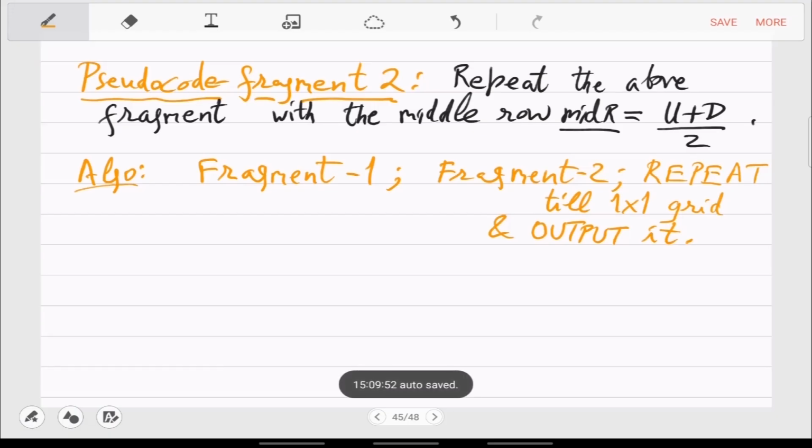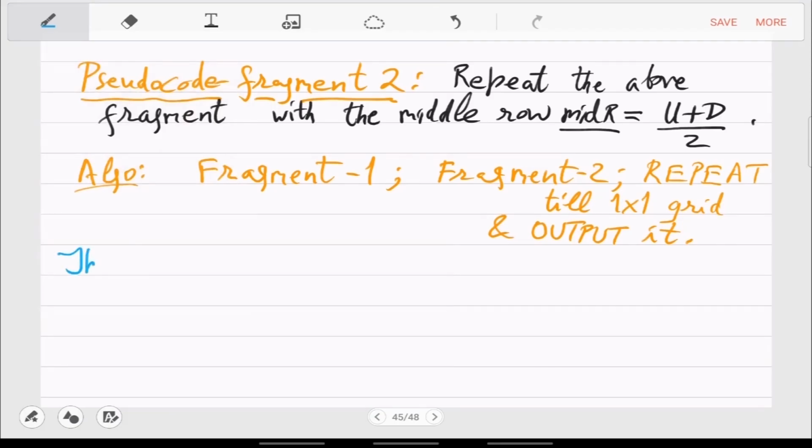So maybe you write this pseudocode in full and then check for the invariant condition that I've stated. Formally prove it so that you are satisfied that everything works. So now let us move to the time complexity.